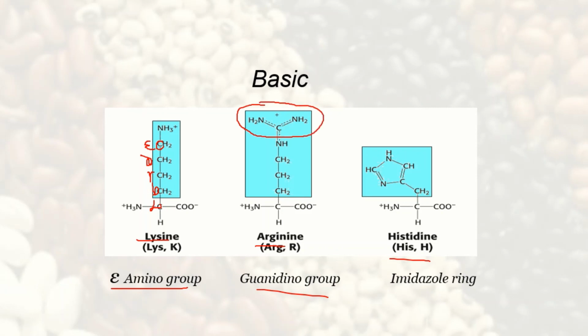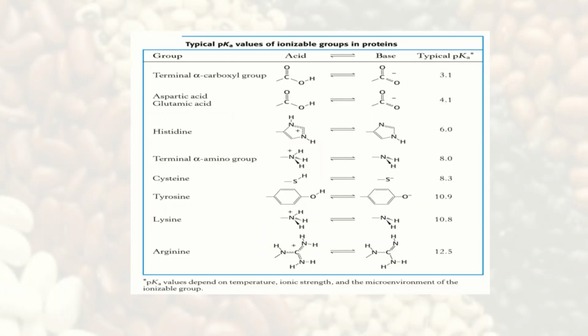That's a guanidino group. And then we have an imidazole ring. This is an imidazole ring. It has nitrogen. So those are basic amino acids: lysine, arginine, histidine. Now you have realized, even as we were going through them, that some of them have side chains that have a charge, or they are ionizable. It is important to note them because now, remember we said that amino acids exist as zwitterions, but now if the side chain has a charge, it means that the property of that amino acid is an overall positive